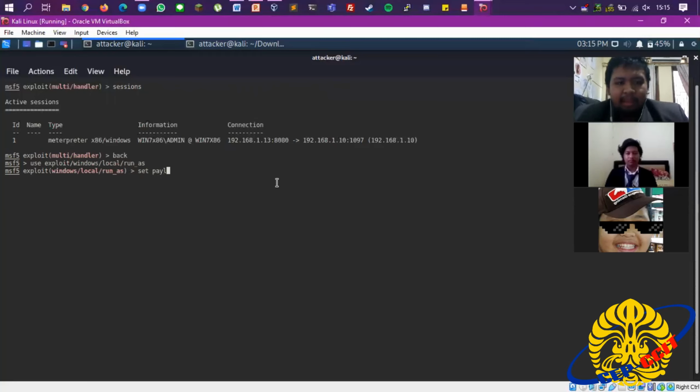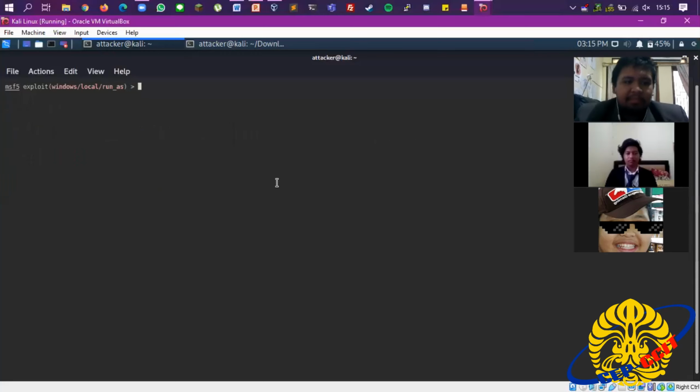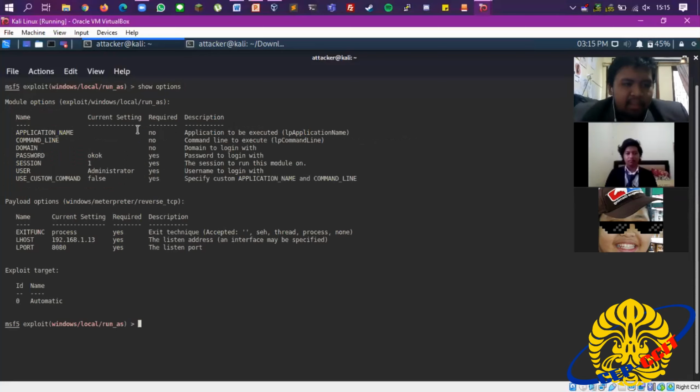We can set the payload. We can clear. We're going to see the parameters. There are some parameters that are required for us to change. The first one is the password. Our session is 1, which was established previously, and we're going to log in as administrator, LHOST, listen host, and the LPORT is still the same.